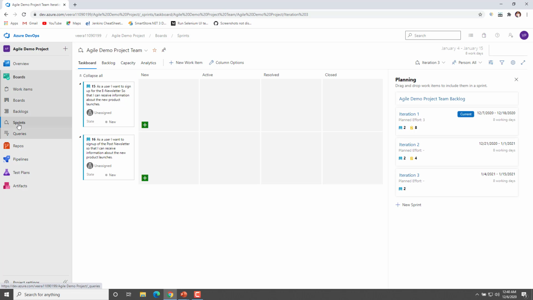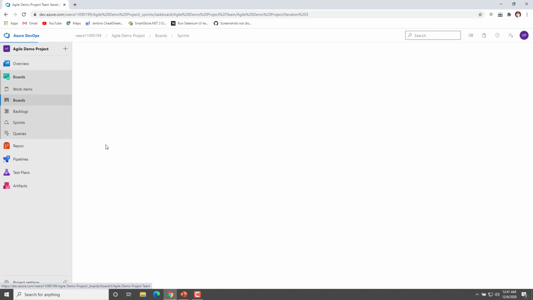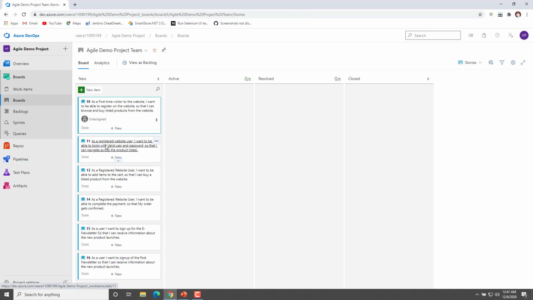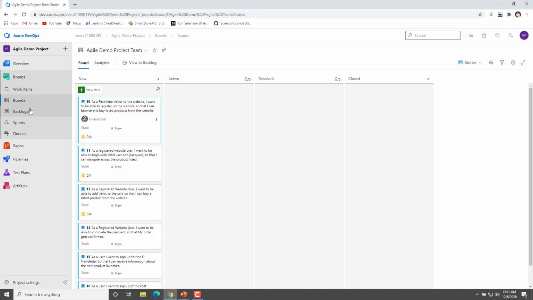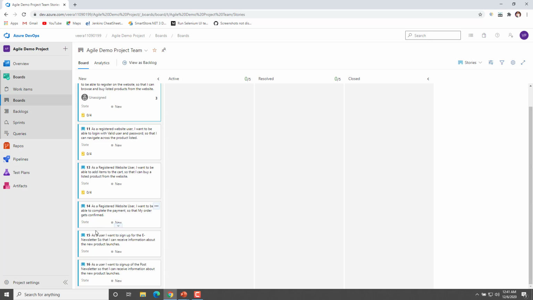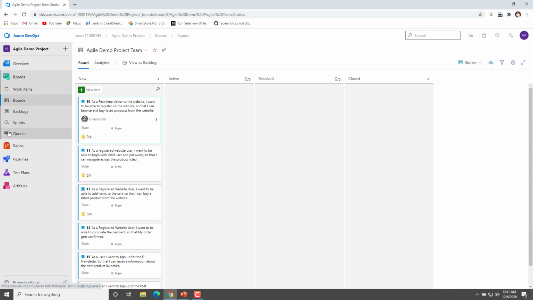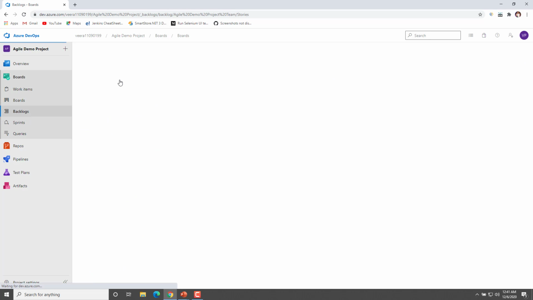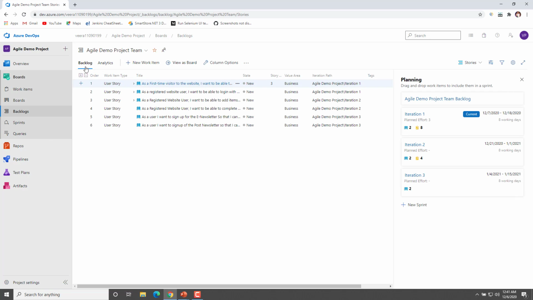Just for your reference, I'll show you another way to create tasks for your user stories. See, this is another view called the boards view. The same activities you can see over here. But the difference between this view, sorry,